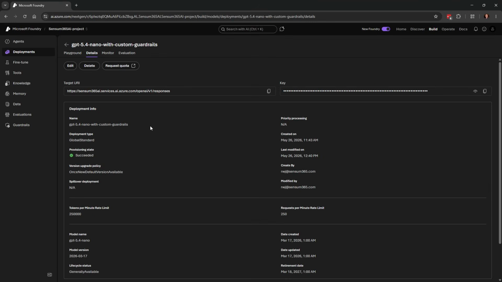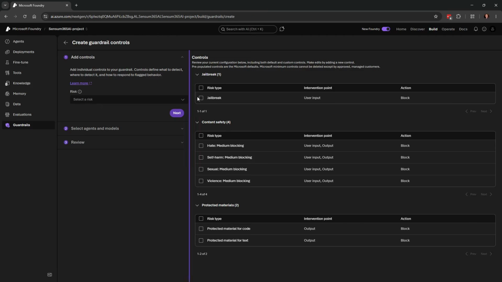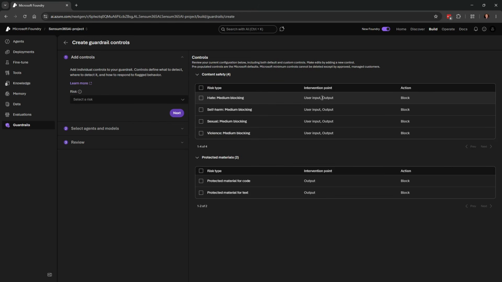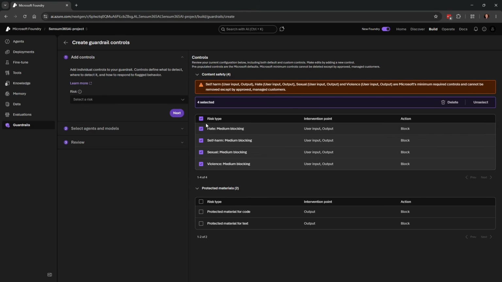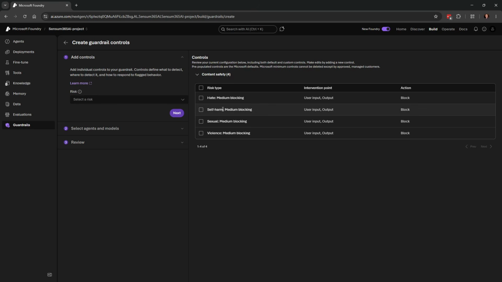So what can we do with the filters? Well, we can make our own filters by just going in here. By default, it comes with the things that are in v2, but we can turn some of them off. We can get rid of, for example, the jailbreak, but it's built in that we can't get rid of hate, self-harm, sexual, and violence. It simply won't allow us to delete them if we try. And again, you can go in and talk to Microsoft to get this off, but I think it will be very difficult for you to do. The protected materials we can also get rid of.